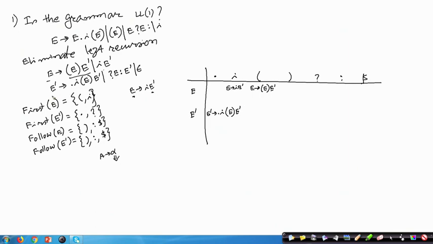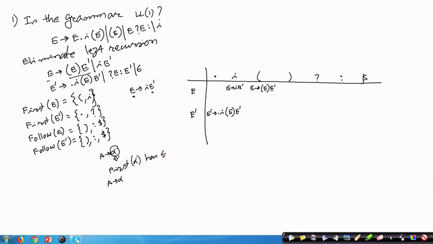Now you see there is a rule like E dash producing epsilon. There was another rule: if there is a rule A producing alpha and first of alpha has epsilon in it, then I have to add this A producing alpha to all the places in the follow of A. So, for E dash producing epsilon, alpha becomes equal to epsilon, so first of alpha definitely contains epsilon.